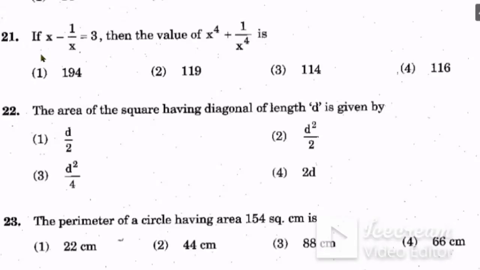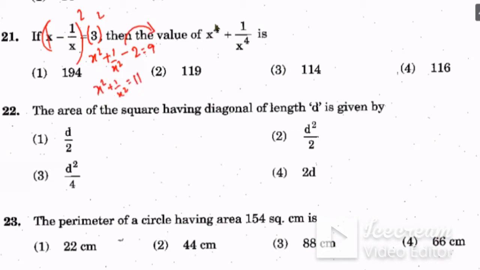21. If x minus 1 upon x is equal to 3, then the value of x to the power 4 plus 1 upon x to the power 4 is what? So you have to make it a square. Both sides square, you will get x square plus 1 upon x square, then minus 2, that is equal to 9. Then when you take this 2 to this side, you will get